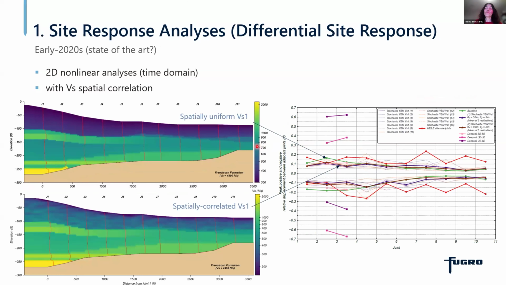And then I would argue, so then we went one step further. We looked at incorporating spatial correlation in the shear wave velocity in our 2D analysis. So here I'm showing an example at the top of the spatially uniform shear wave velocity, VS1, and an instance of spatially correlated VS1. And overall here we saw similar results,